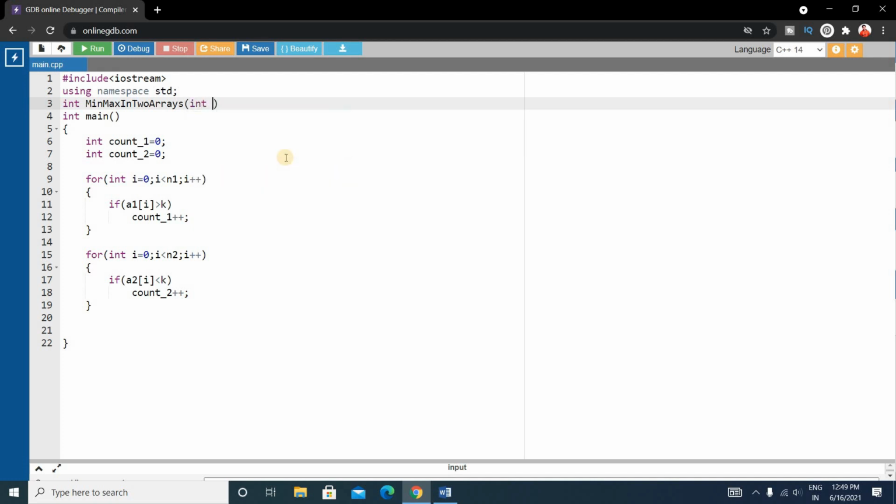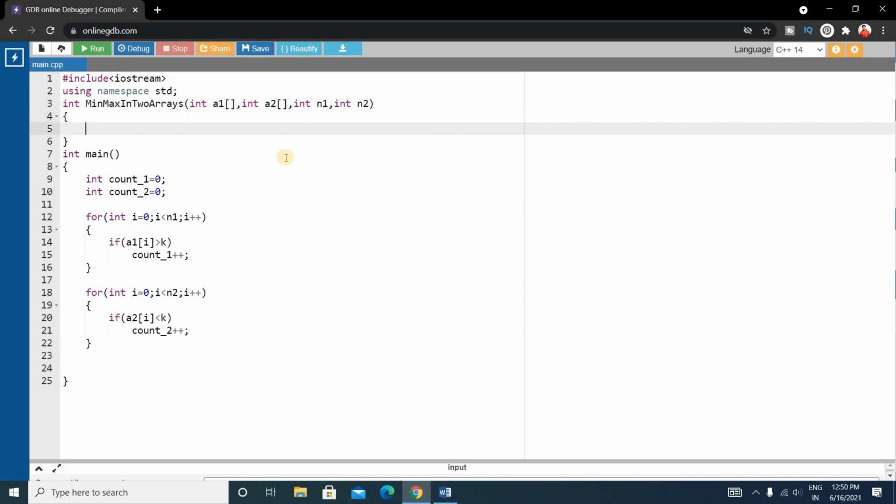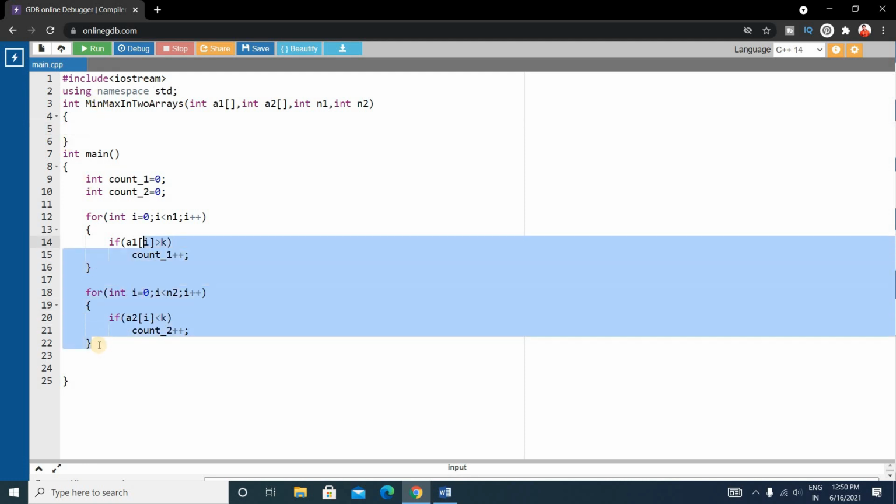Inside this write int array 1 and int array 2, and then the sizes of the 2 arrays, that is int n1 and n2. Inside this function write this whole code. So just copy the whole code from here